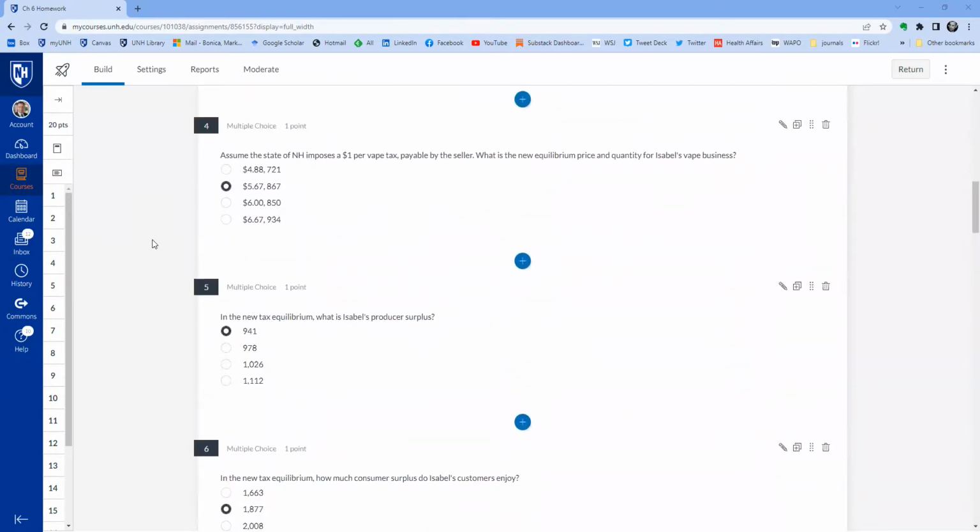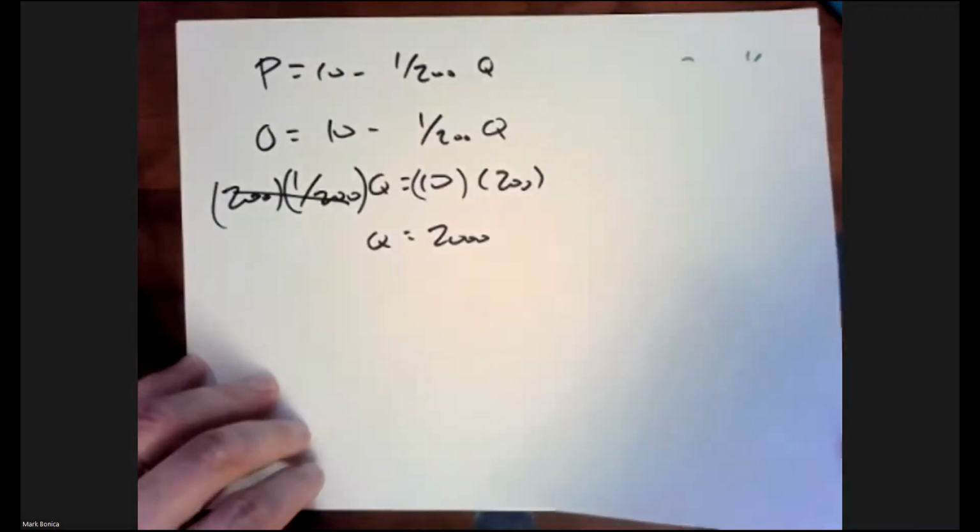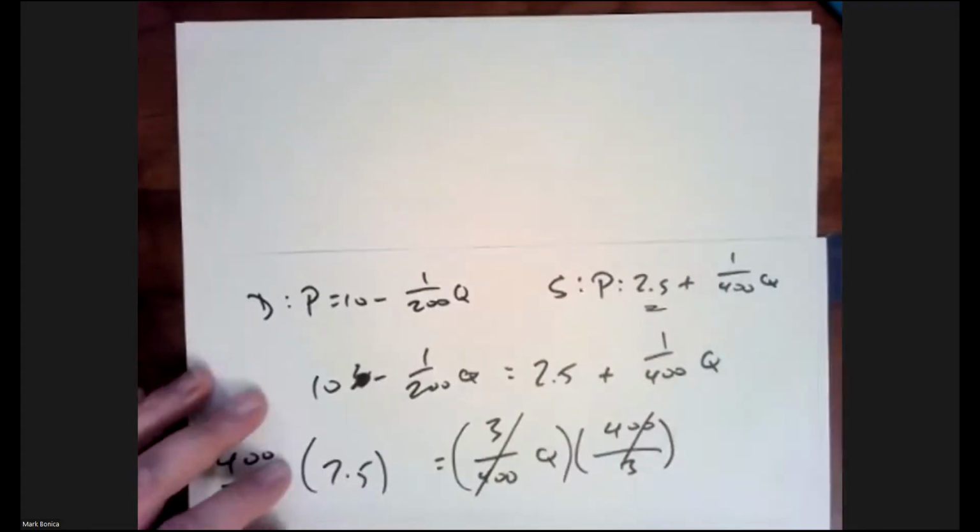Now, assume the state of New Hampshire imposes a $1 per vape tax payable by the seller. What is the new equilibrium price and quantity for Isabel's vape business? So what do we have to do? We have to go back here and think through what we're looking at. So let's start with the base. And the base was